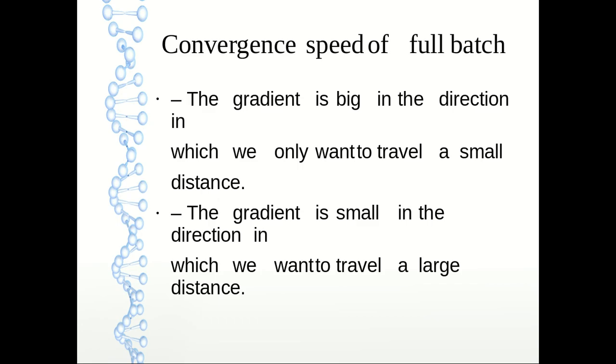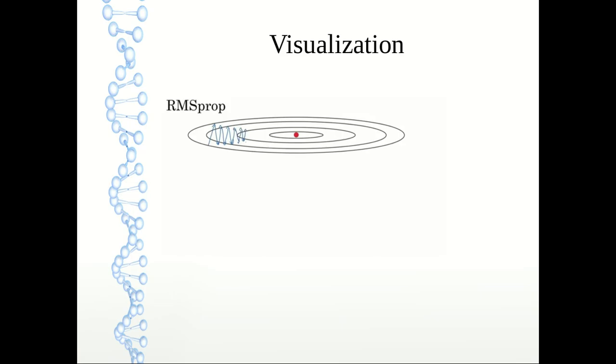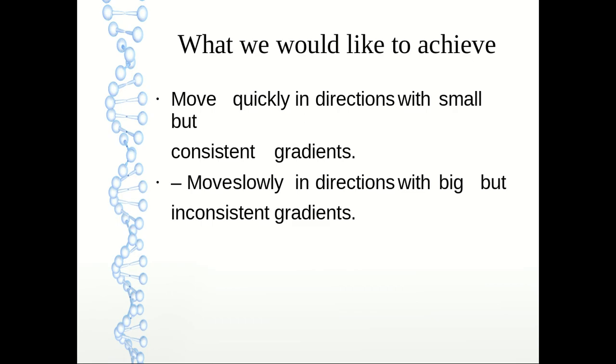And when we are running it in a batch, we want the gradient to be big in the direction in which we want to travel a small distance, and the gradient to be small in the direction in which we want to travel a larger distance. Similarly, in the vertical direction we want learning to be slower, and in the horizontal direction we want it to be faster. And so we want to move quickly in the directions with small but consistent gradients. Note that the gradient should be consistent, and move slowly in the directions with big and inconsistent gradients,